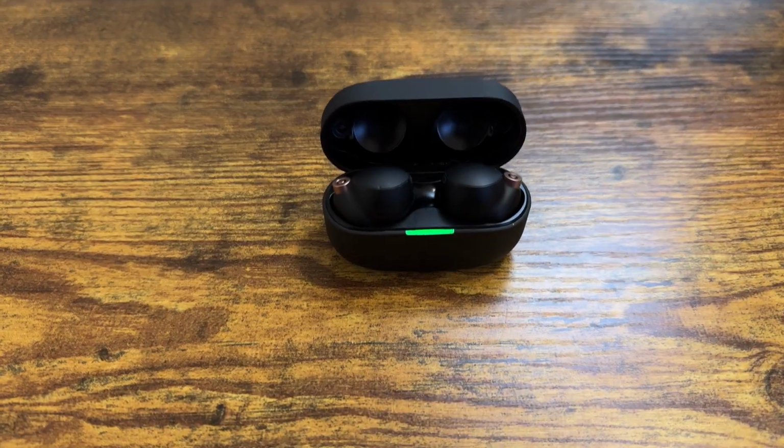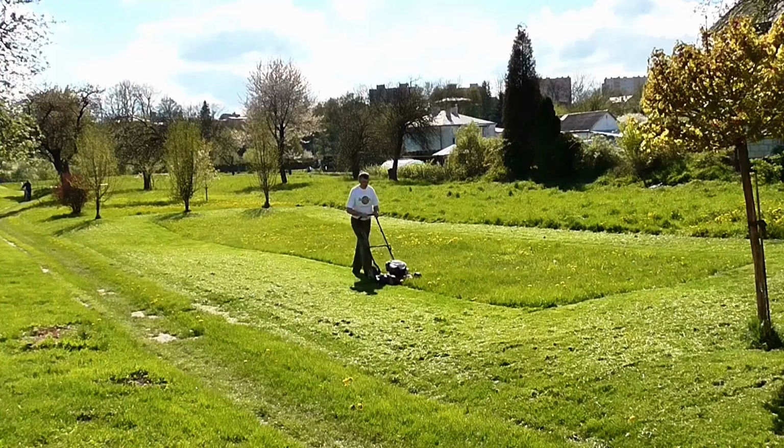Now on to why I specifically chose the Sony brand. I already have a relationship with them since I already have their in-ear headphones, which are the, one second, another hard name, WH-1000XM4s. Now I know the XM5s are out already, but it didn't make sense to upgrade since these already do the job. I use them while I'm mowing, great noise canceling while I'm mowing,